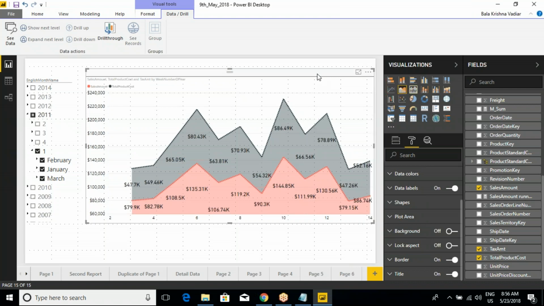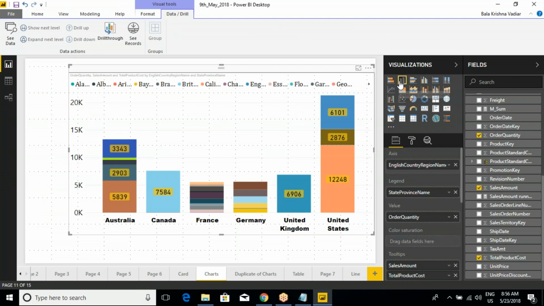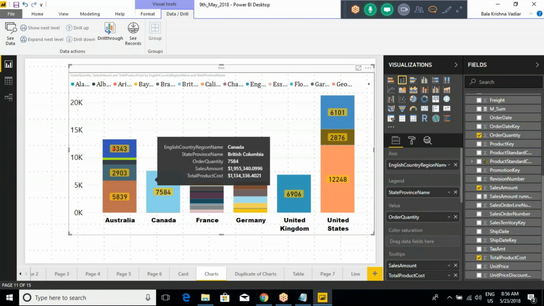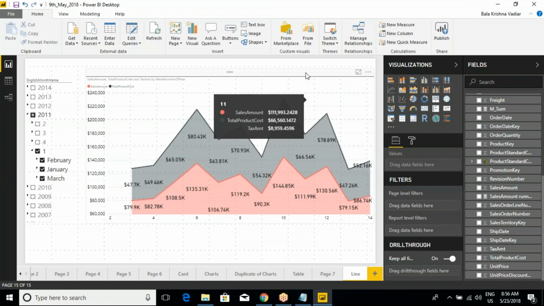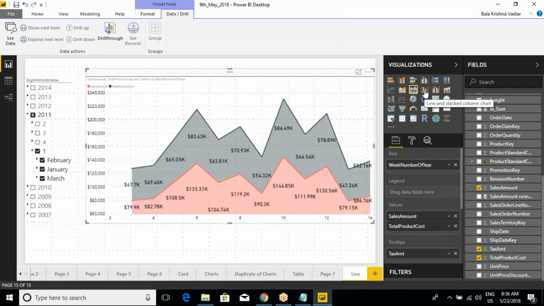The next one is one more called the line and stacked column chart. What is the meaning of line and stacked column chart? You know what a stacked column chart is. If you want, I will showcase once again. Where is the stacked column chart here? So this is what is called a stacked column chart, correct or not? And this is what is called a line chart here. If you combine both of them, what will happen? The line chart will come first and you will get one bar like this, and one line chart something like this. So nothing else. Go to our line and make this a line and stacked column